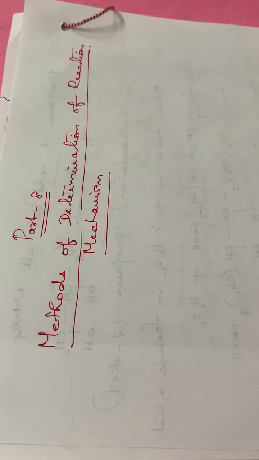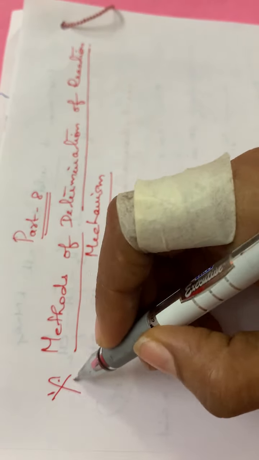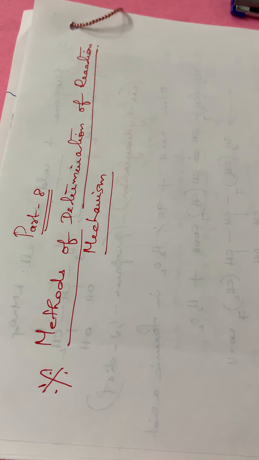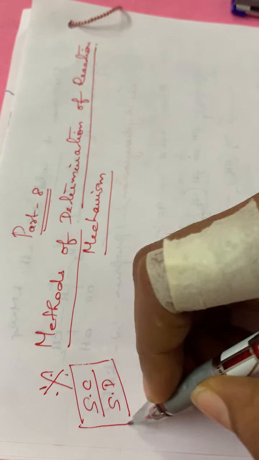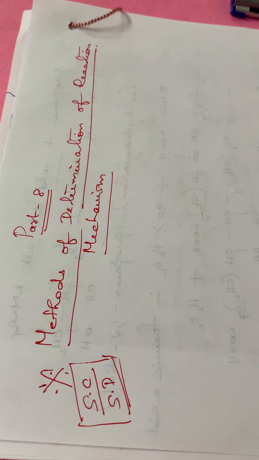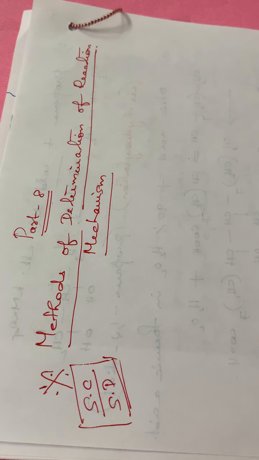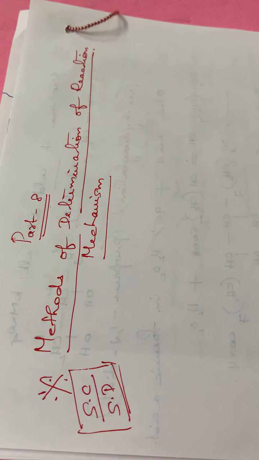This is a very important question. It is a usually asked question. Sometimes it might be for an essay part, or it can be in section C part. It can be asked in both sections, section C or section D. So please don't ignore this particular portion. It is very important. As I said earlier, both the reaction mechanisms parts are very important. That is why I am taking it in such a slow way. So please study this part also.